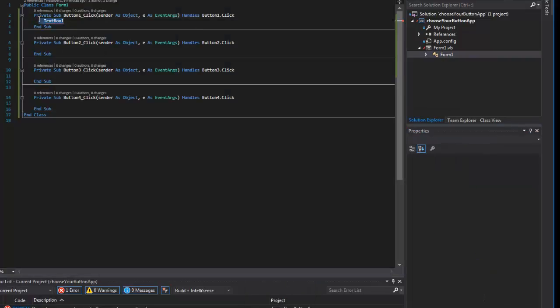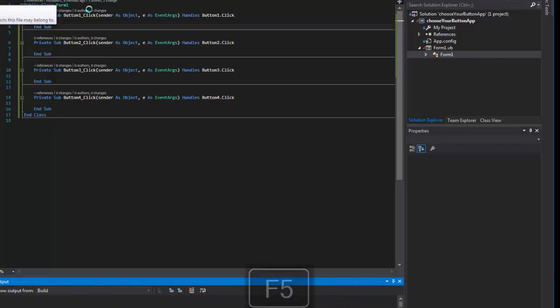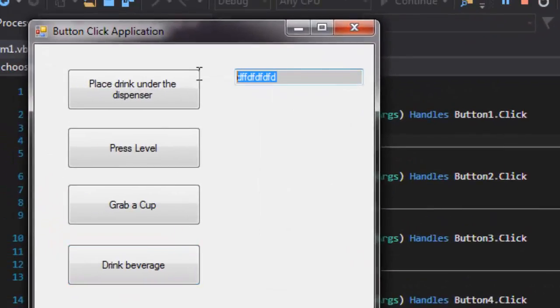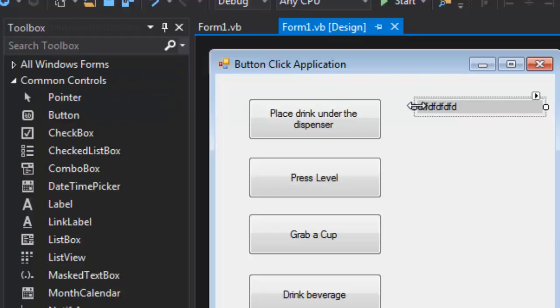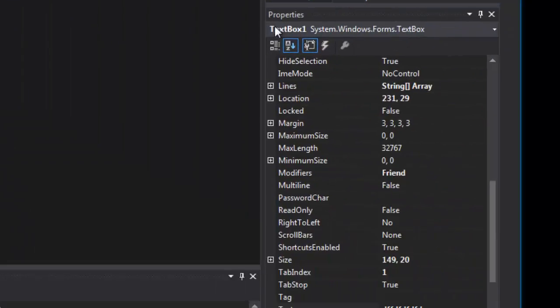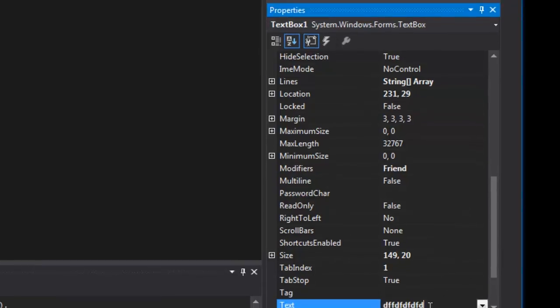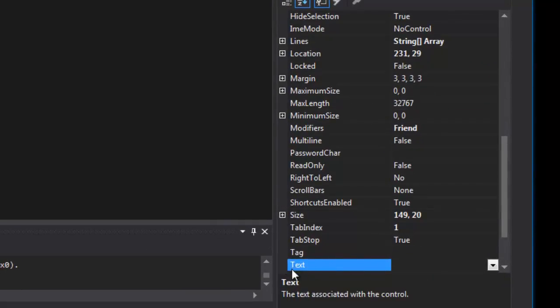And let me fix this really quick, and I'll show you that. I run my application, it's there, but that's not really what I want. I want the text to pop in there when I click the button, right? So basically what I need to do is take note that this is text box number 1. I can see that right there. And I need to take note of the property that I want to have access to, which is the text